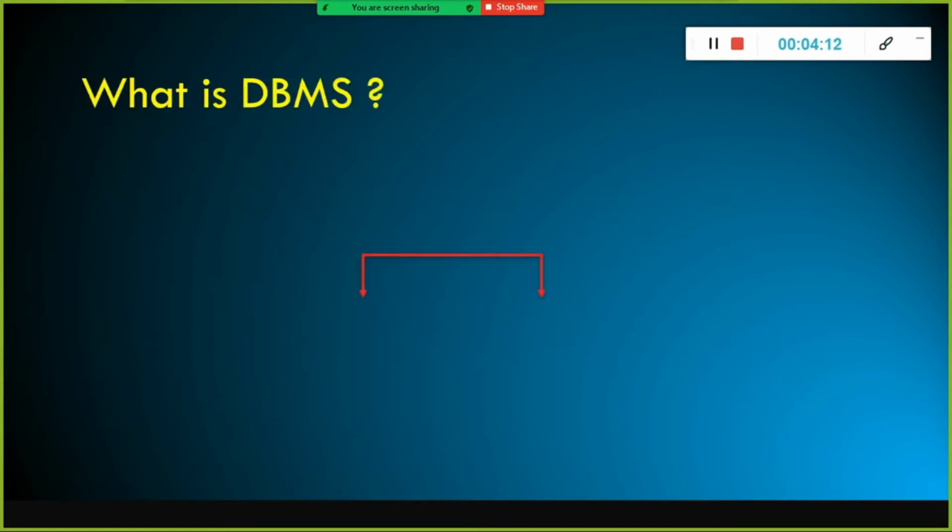And now we will see what is DBMS. Before we proceed with creating the tables or database, let's start understanding what is a database management system. A database management system is software. It allows us to access the database. Let's say you have the database and you store the data.